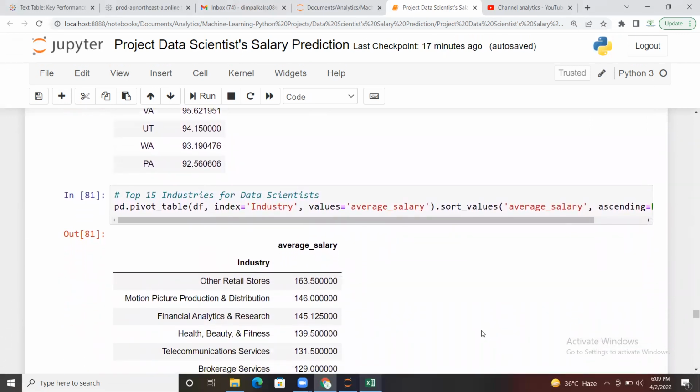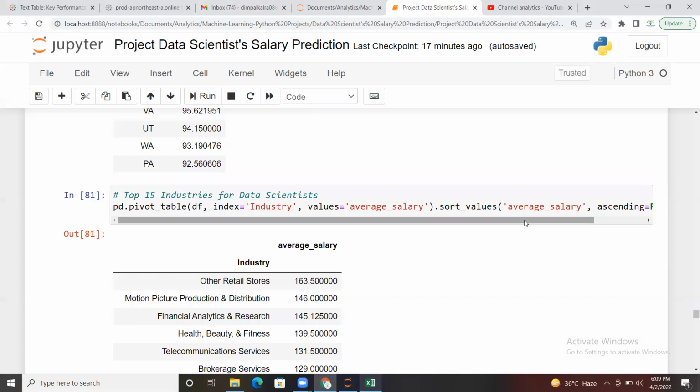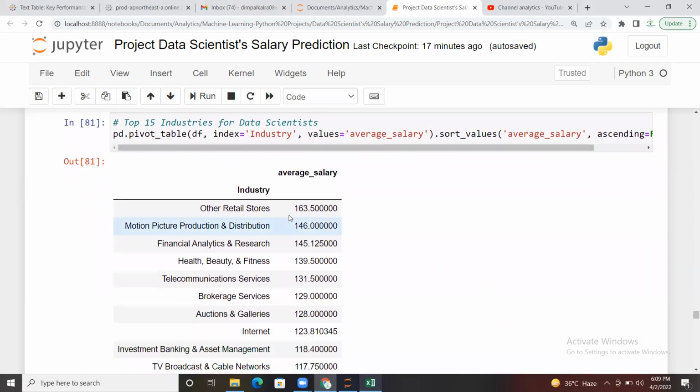Now, basically what we have filtered is the top 15 industries. We sorted and took only 15 values, and we found the average salary. So we can see that these top 15 industries are providing the highest salary. The highest salary we are getting is in other retail stores, which is the maximum one, and then